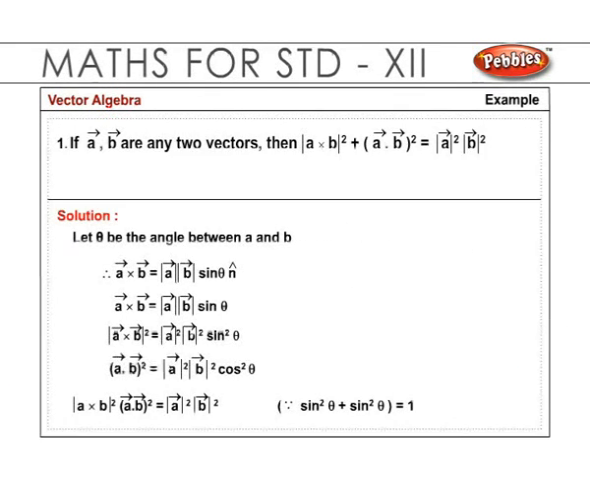For any two vectors A and B, by the definition of cross product, |A cross B| squared = |A| squared |B| squared sin squared theta. By the definition of dot product, (A dot B) squared = |A| squared |B| squared cos squared theta. Adding